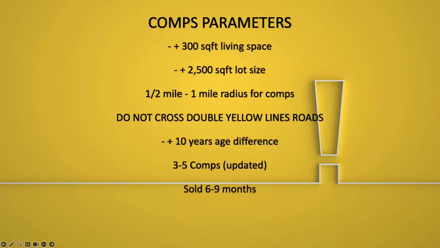Now, part of the process while looking into a deal is making sure that we're analyzing the area, the market area, or the neighborhood at this point. What you want to do is set certain parameters and restrictions whenever you're looking for comps or comparables. Some of those restrictions are definitely the square footage. If you're looking at a 1,500 square foot home, you could go plus 300, so all the way up to 1,800, and down to about 1,100 on the square footage when looking for comps. That's going to be your range for the size of the properties.